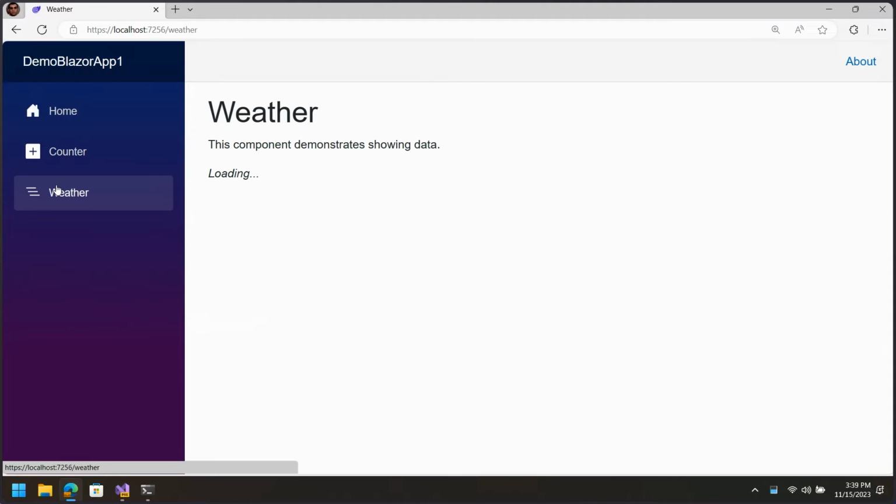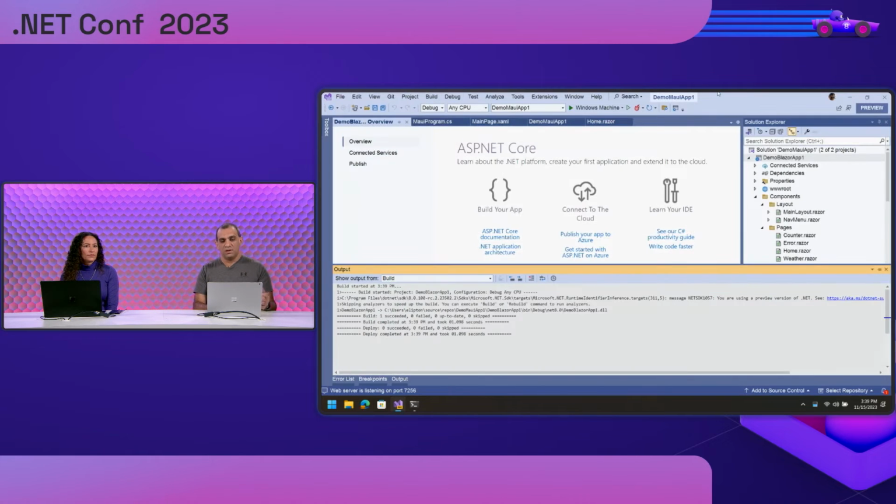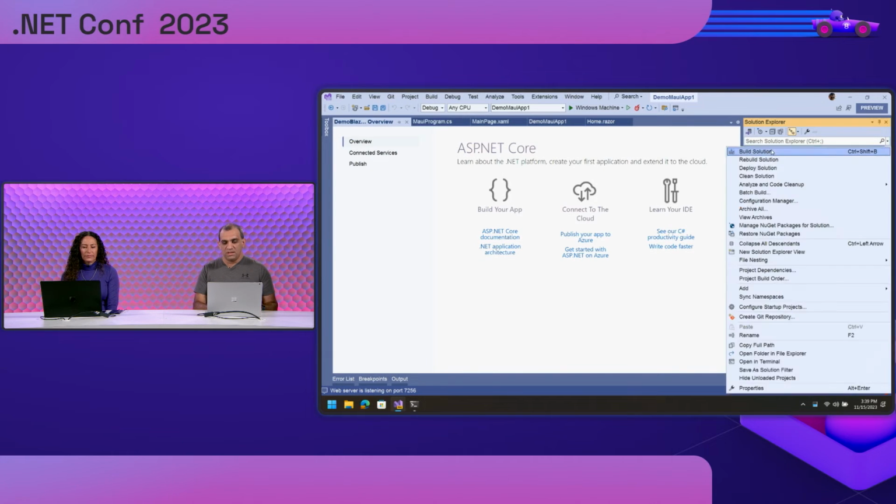And there we have the same type of thing. Now, the problem is I've duplicated everything. I have the same weather, the same counter, the same home, the same routes, the same everything. Let's start sharing things. Beth showed in the slides that one of the techniques that we can use to share